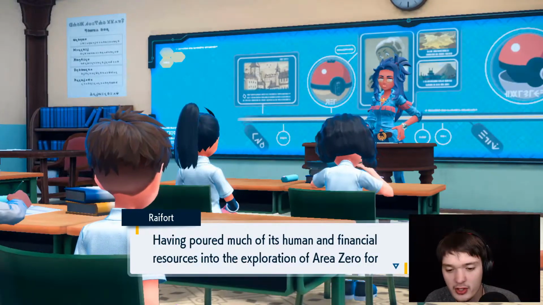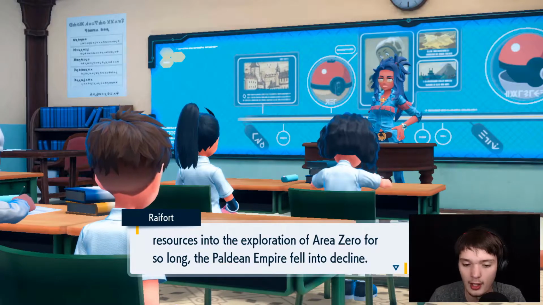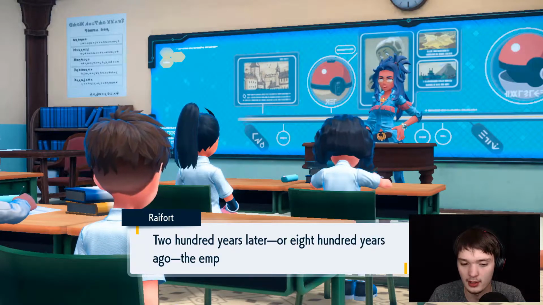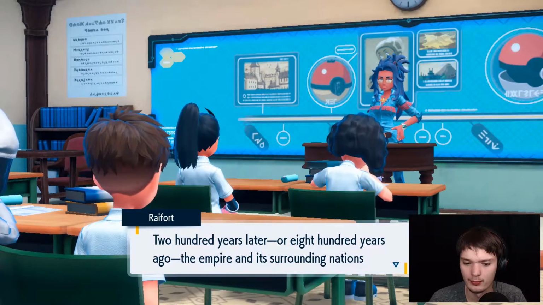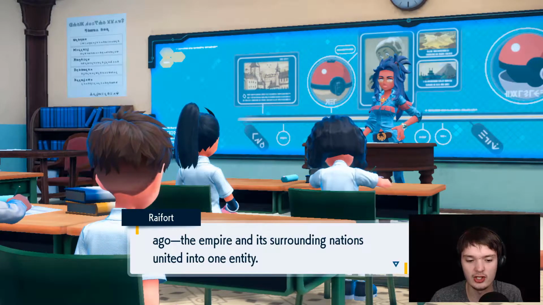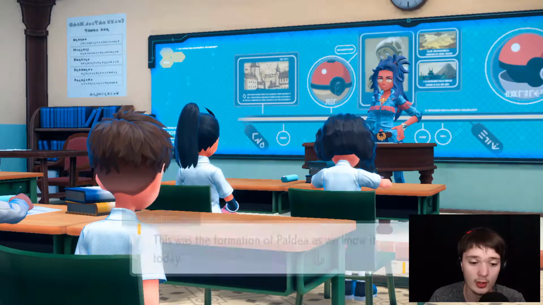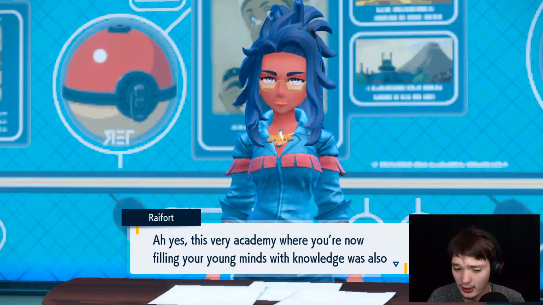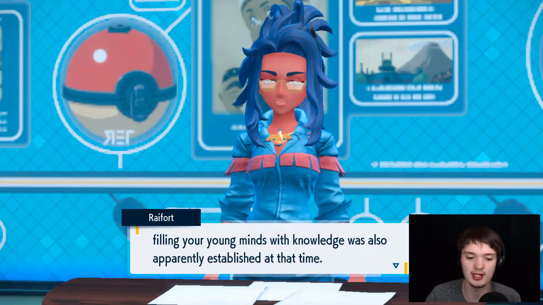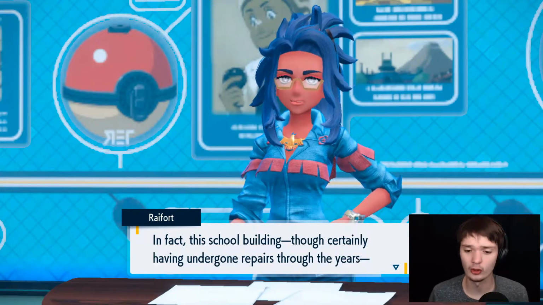Having poured much of its human and financial resources into the exploration of Area Zero for so long, the Paldean Empire fell into decline. 200 years later, or 800 years ago, the Empire and its surrounding nations united into one entity. This was the formation of Paldea as we know it today. Ah, yes, this very academy where you are now filling your young minds with knowledge was also apparently established at that time. In fact, this school building